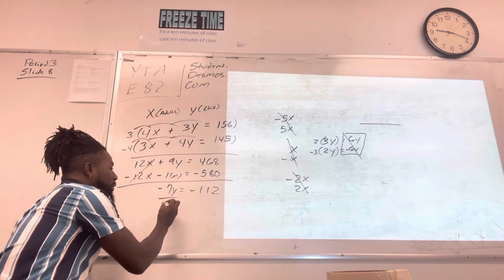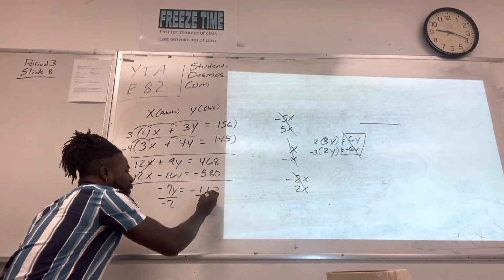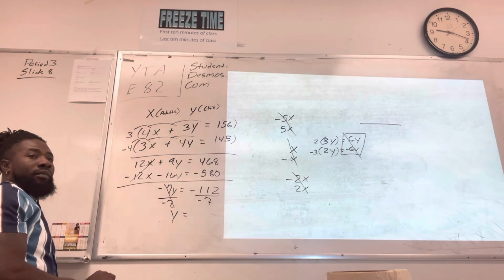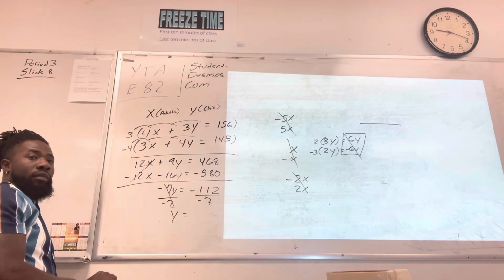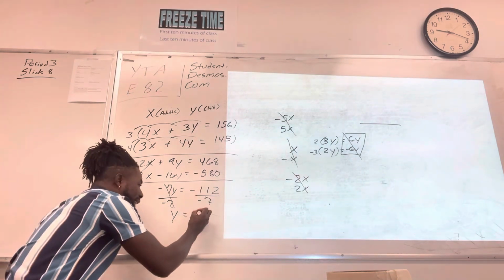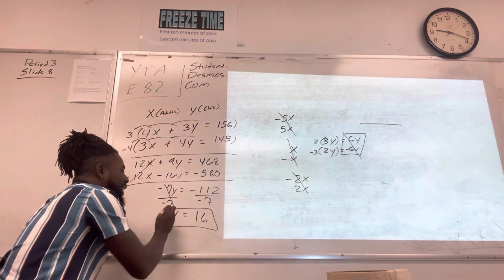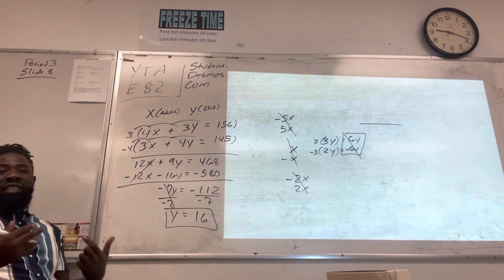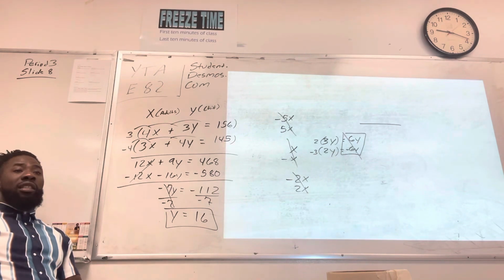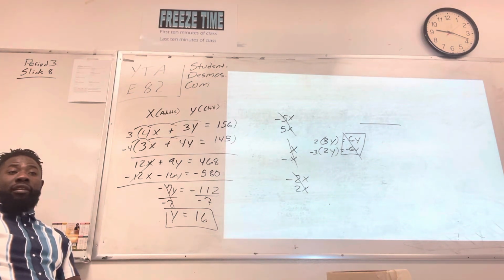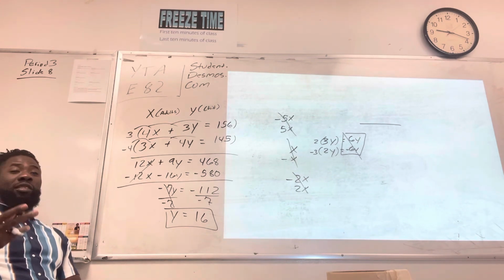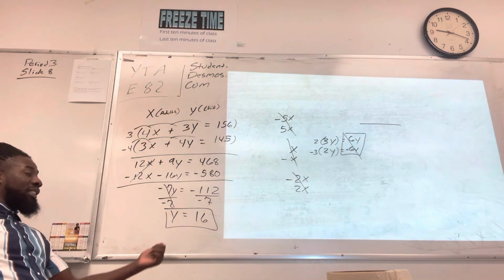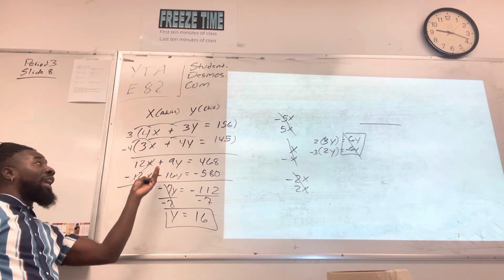Divide by what? Divide by negative 7 on both sides. That is going to cancel out, leaving us with y equals what? $16 is correct. But what does this represent? According to the content, y equals 16. What does y equals 16 represent? The child ticket. What about the child ticket? There we go. The cost of the child's ticket. All right, good. Now that we know the price of the child's ticket, we can go back and do everything again and cancel out